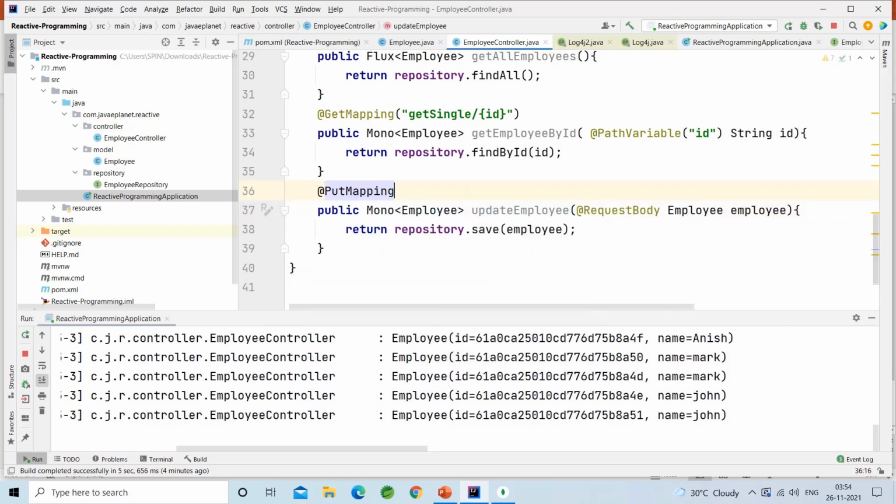Annotate this with PutMapping, update employee.